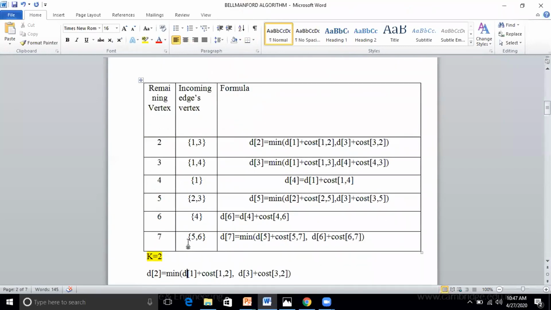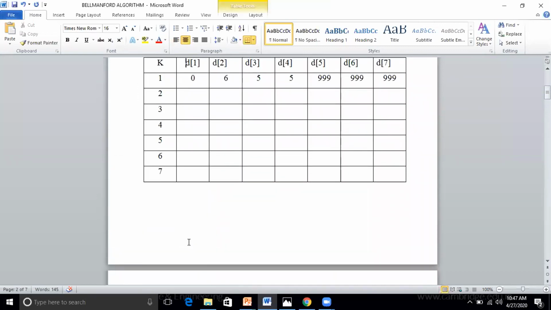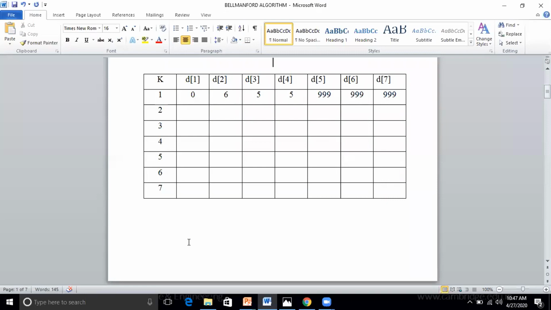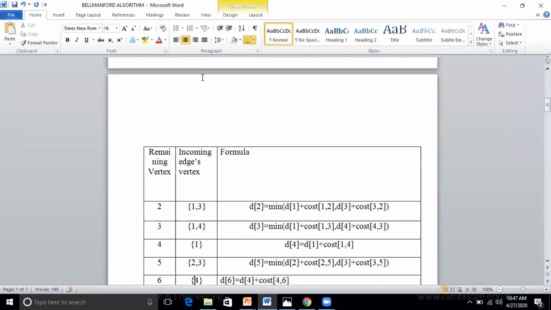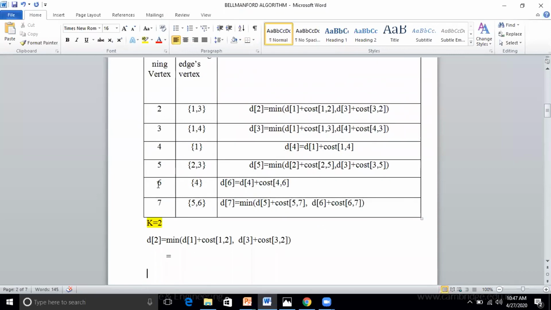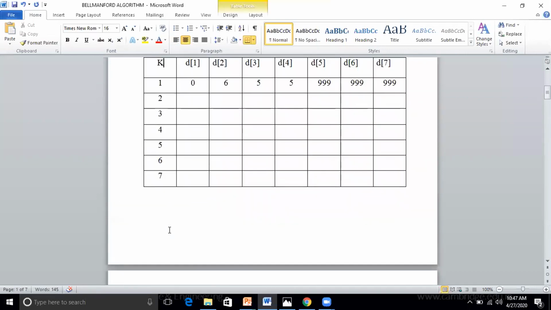Go to the previous sheet. In that, also add the vertex from where they are connecting. So that will become easier for them to identify the path. In the first iteration, first row: where is 0 coming from? It is not coming from anywhere, so it is 1 hyphen comma 0. We'll add that so that it becomes easier.